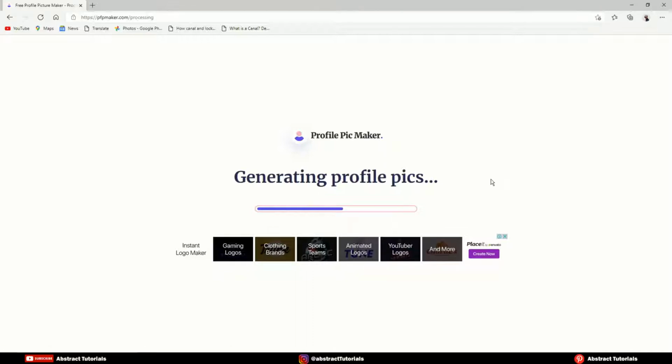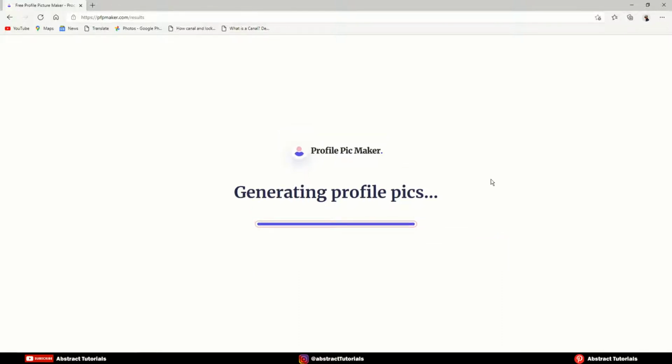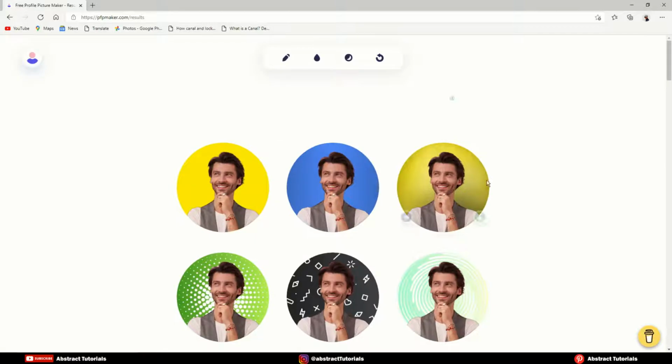Wait until the image is processing. See the results.